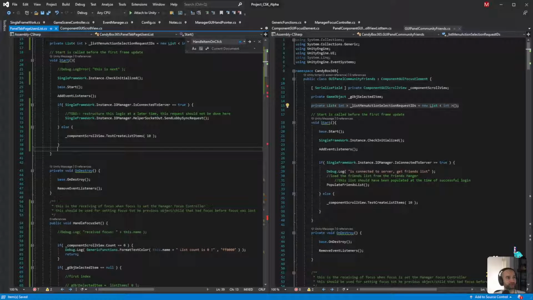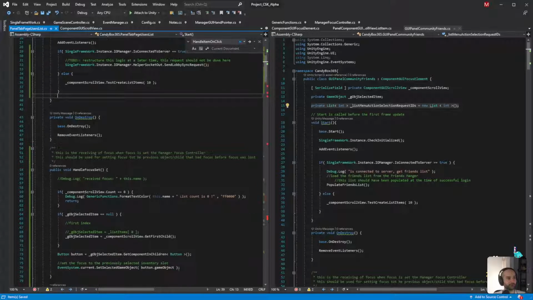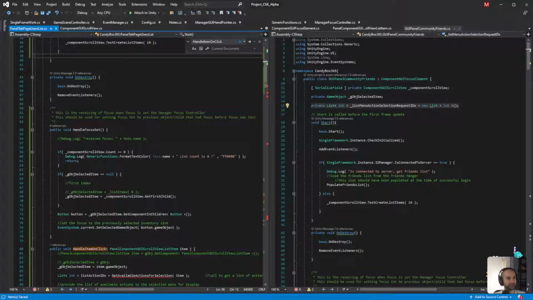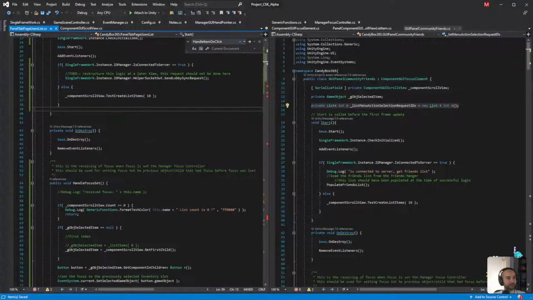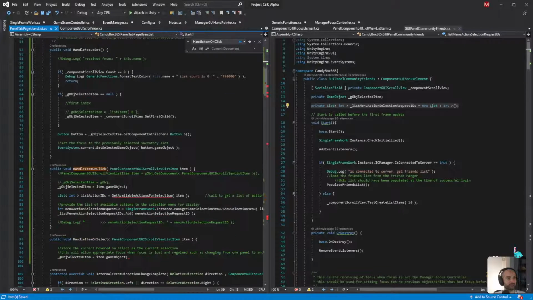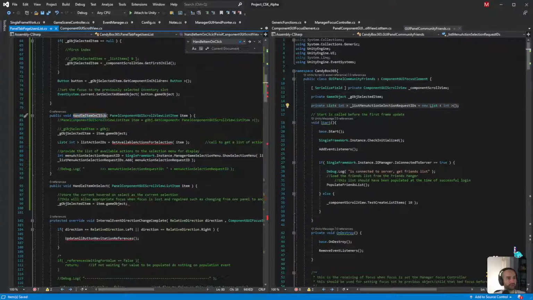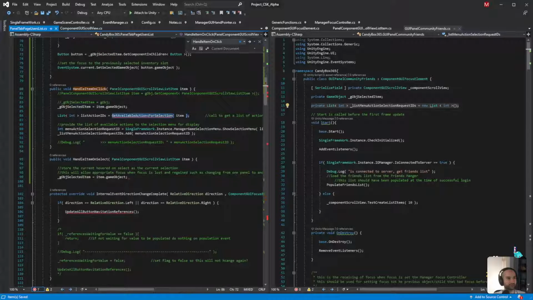Okay, so on destroy, start looks good. On destroy looks good. Handle focus set, that's fine. We'll link that up in a little bit. It's extending from the right class. Handle focus set, this looks good. We'll add this function in shortly. This looks okay.